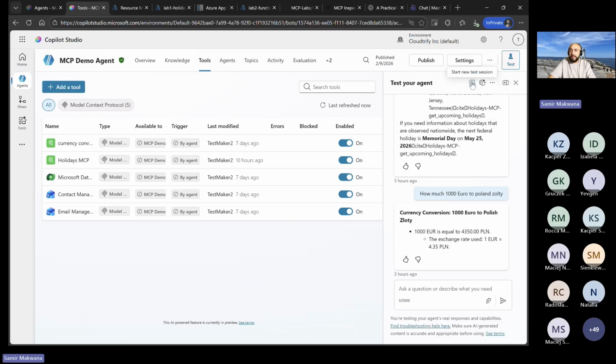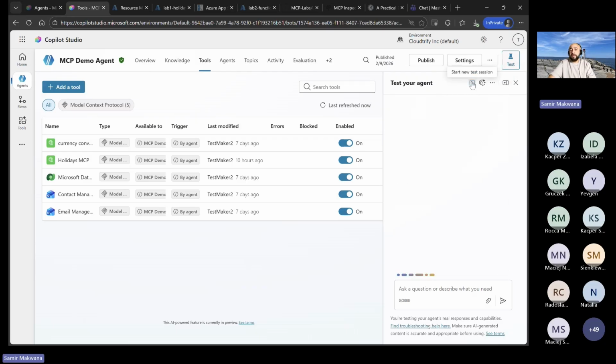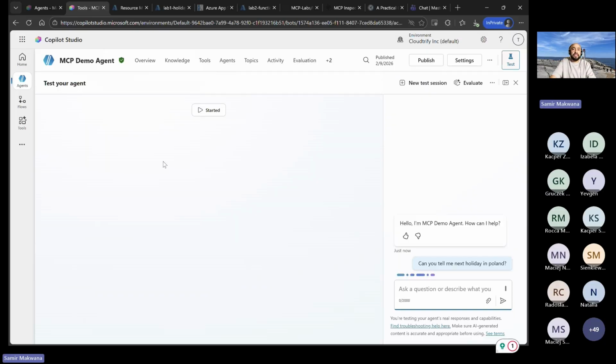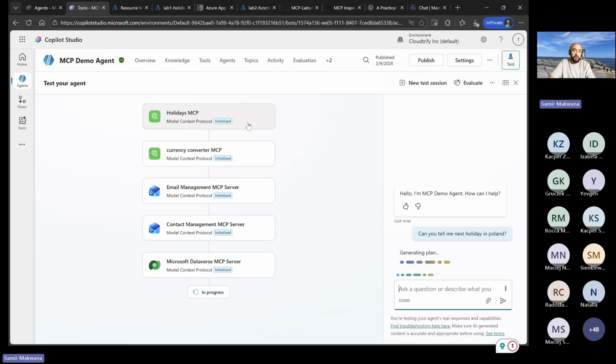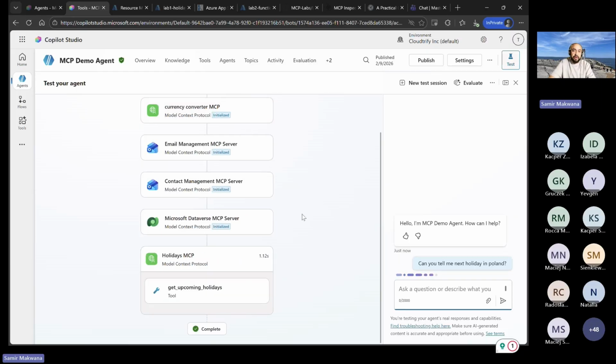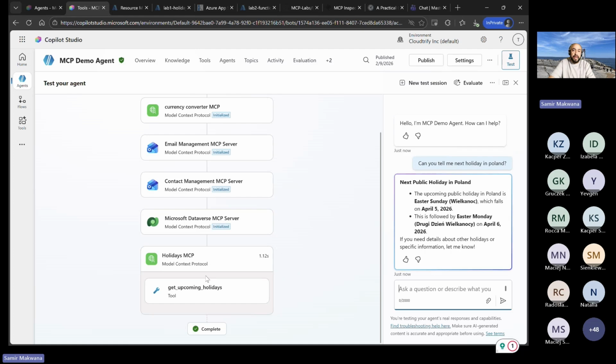Okay. So let me start testing from scratch. So I say, can you tell me the next holiday in Poland? Now, as you can see, it has started reaching out and initializing all the MCPs we have configured as tools in this agent. And then it has found one of the matching MCPs, and within that MCP,